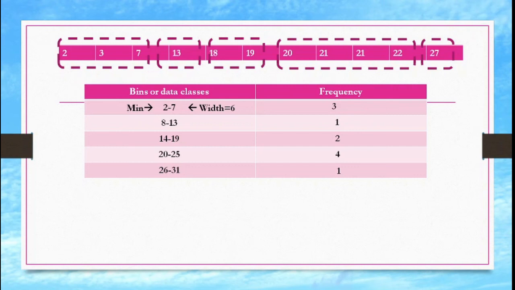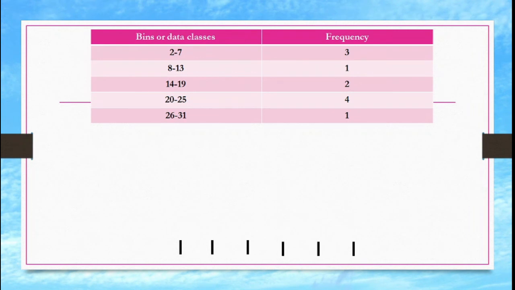Right, now it's time to draw the histogram. Everything is available with us. It's very simple. Just convert the data into ascending order, find out the minimum and maximum value, find out the bins, and find out the width. Whatever width you get, convert it to the next value. Suppose you have got 10, convert it into 11, right? You have to always do this. Now find out the frequency, how many data are falling in this particular category. Now finally you have to draw the histogram.